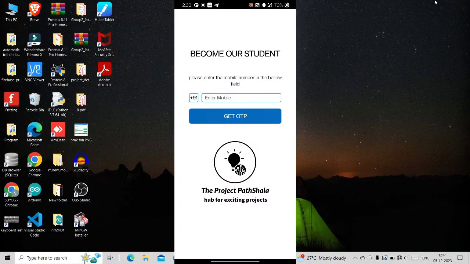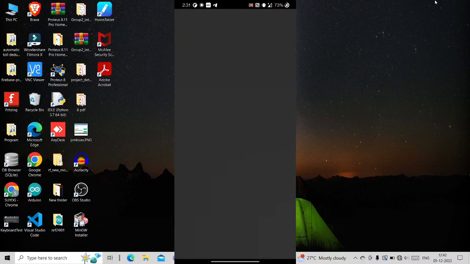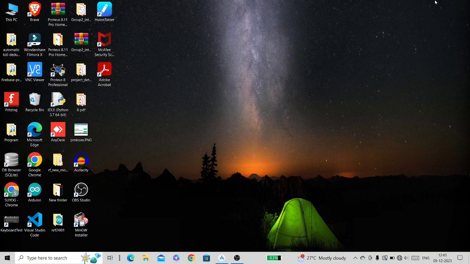This is the login screen, and here in this edit text, we enter the mobile number. Now if you don't enter the number and click on the get OTP button, then it posts a message, mobile number not found. Or if we enter a number which is not a mobile number, then it posts a message, invalid number. When the entered mobile number is correct, then only we will be redirected to the new activity. So this was the demo of the login screen. Now without wasting time, let's start creating the login screen.